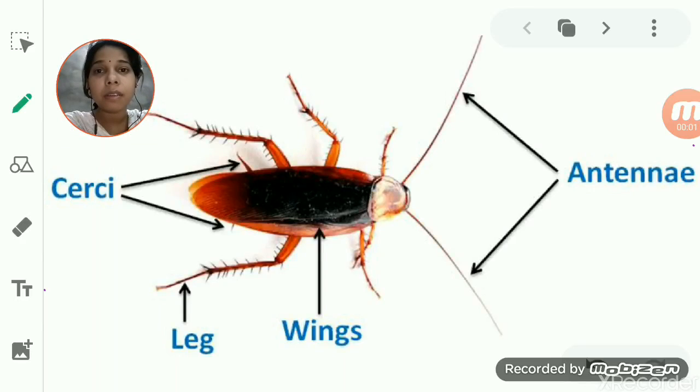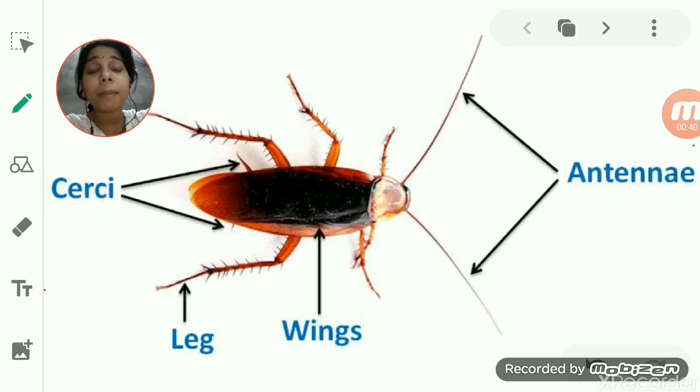Hello students. So yesterday we studied the contraction and relaxation that occur in the muscles. We studied how muscles are responsible for contracting and relaxing the body, including the biceps and triceps, which are present on the two sides of the arm. What happens when the biceps contract? At that time, the triceps relax, becoming long and thin, and when the triceps contract, the biceps relax and become long and thin.